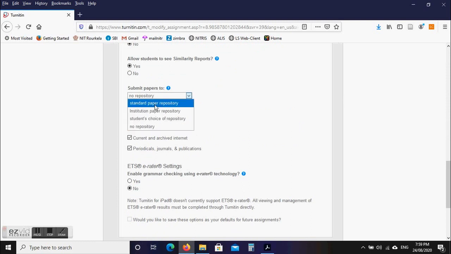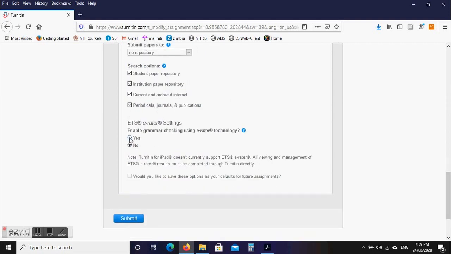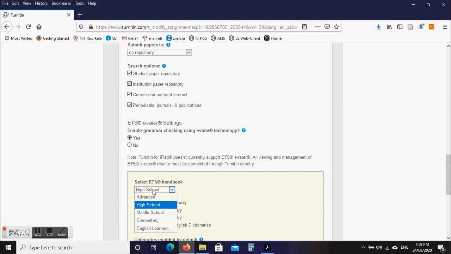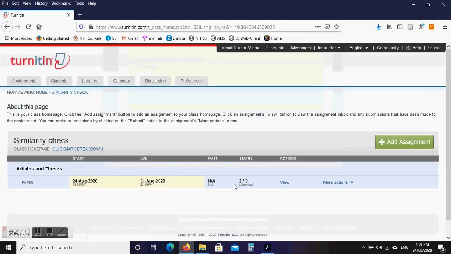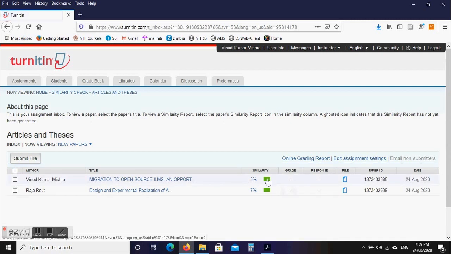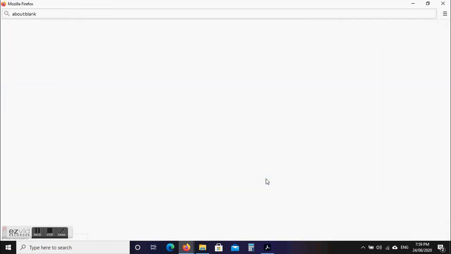Now see the impact of enabling Grammarly. It will show you an option there for Grammarly corrections. See here, ETS, these are grammar corrections. So it will show you what the mistakes are.